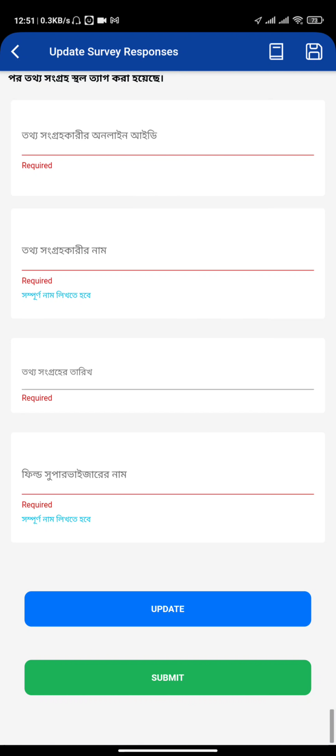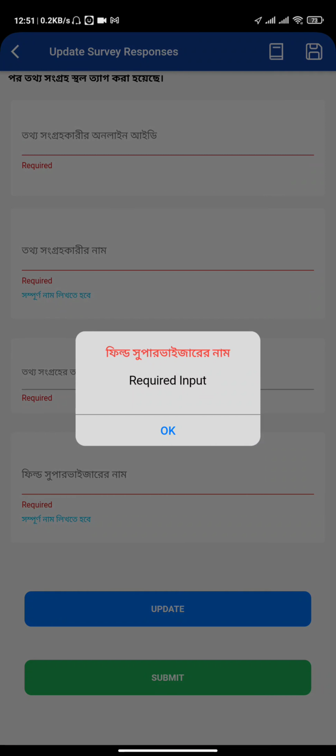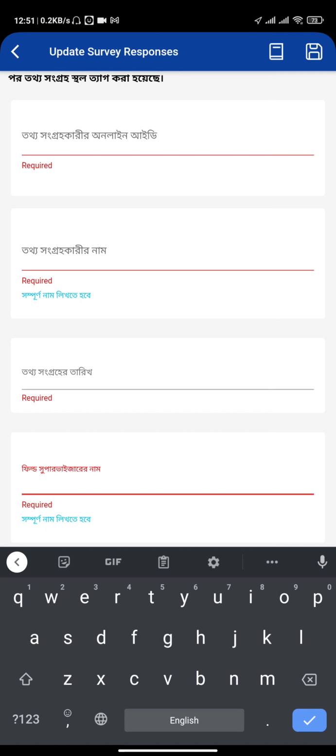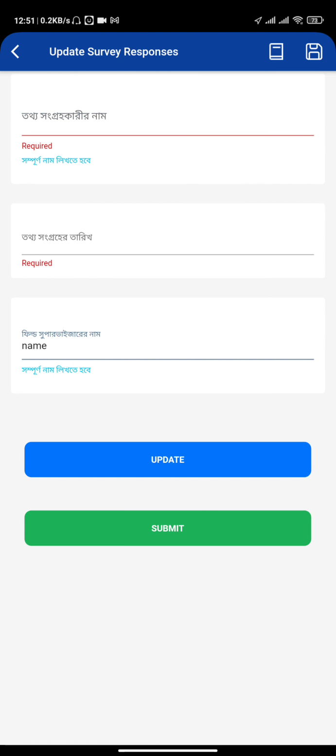For example, here we have a lot of required fields, but I haven't filled those yet. So if I click the submit button, instead of submitting, it will show me some notice like field supervisor's name is required, so I have to provide that. So if I click on that and provide a name and then try to submit it again,